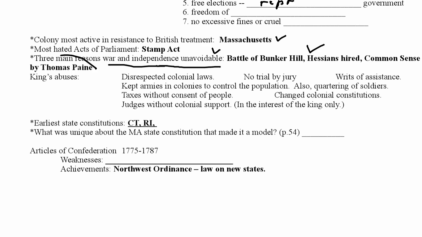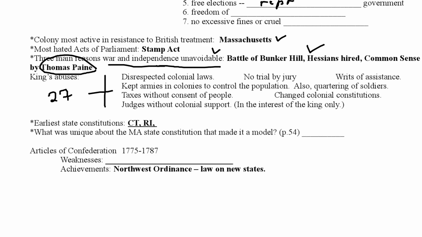No, the author of Common Sense is Thomas Paine. We talked about these basic abuses. There were actually 27 abuses listed in the Declaration of Independence, but here's a few, and just try to get some. I'll probably ask you a question on what are some abuses, or you match up something with abuses of